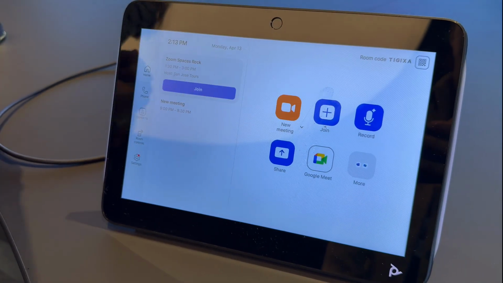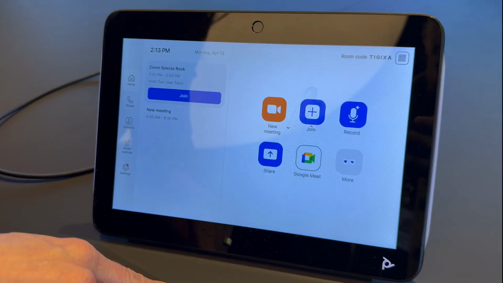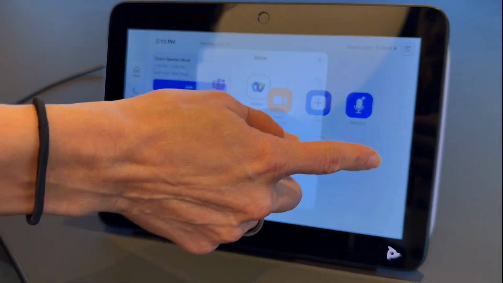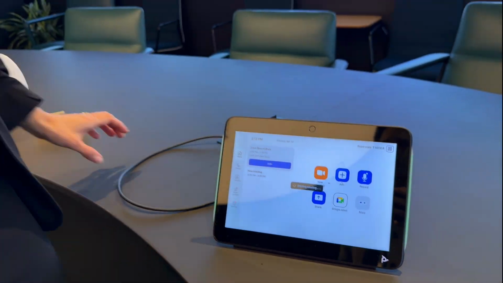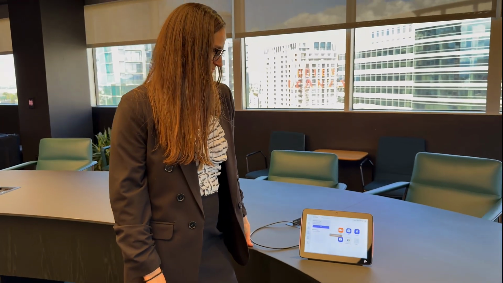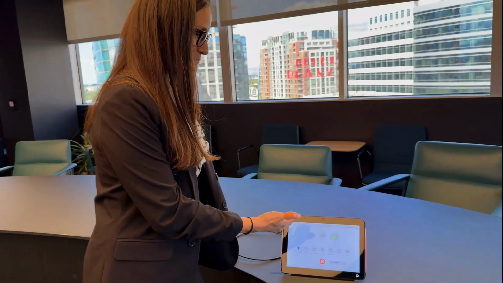Then we also have some other options such as record with AI, share content wirelessly, and third-party meeting interop. Let's go ahead and join this call. Recording in progress. All right, once you are on the call, the user interface changes so that you can mute,